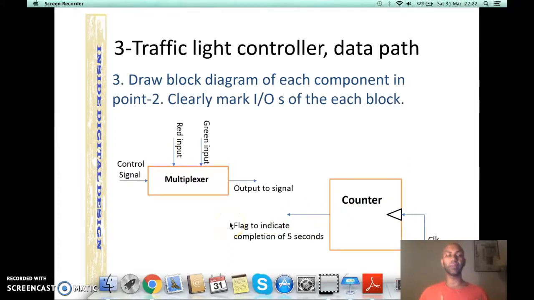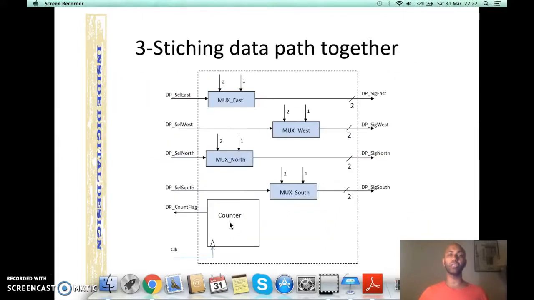Once this step number 3 is complete, we need to stitch all of them together. So you could see this unified data path where there are 4 multiplexers, 1 for each direction, and we apply 1 or 2, which is indicating red and green, and then there are these selections which is going to select between red and green and is going to assert one of the output. And finally there is counter sitting in this corner which is counting from 0 to 5 and giving back the